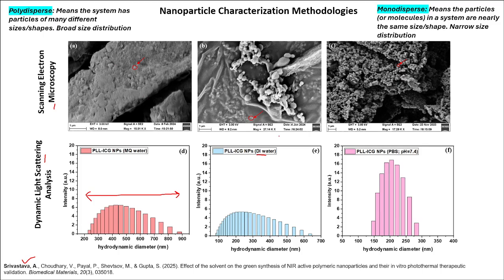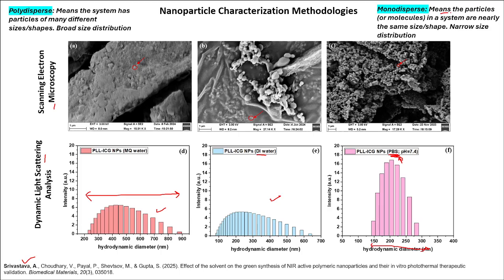But when we changed the solvent, it improved a little bit, like 100 to 600. The range decreased. But when we dissolved our nanoparticles in PBS, we found that the best colloidal stability was achieved. This is a small range in comparison to these two. In addition, you can also see in this image that this one is so much aggregated, this is comparatively a little less aggregated than this one, but this one shows monodisperse particles.